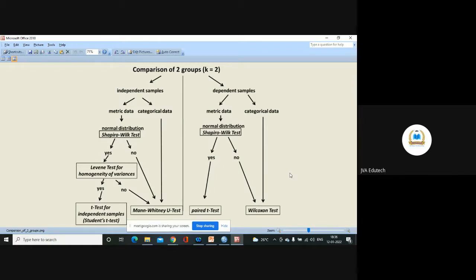If they come from two different populations having different characteristics, which are mutually exclusive or independent of each other, meaning the characteristics of group 1 or population 1 are not the same as the characteristics of population 2 or group 2, this situation we call mutually exclusive groups. They are not dependent on each other, they are independent among each other. This makes the case of independent samples.